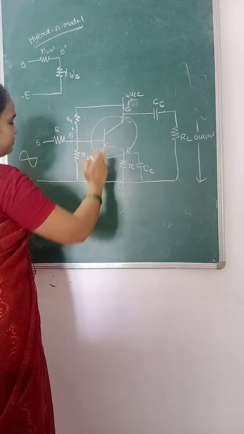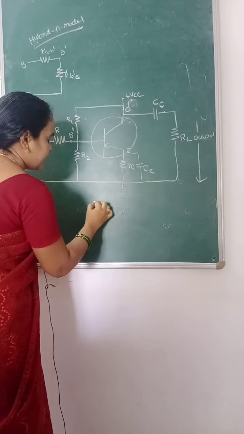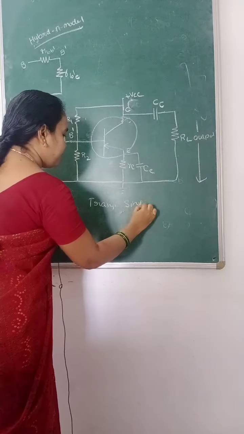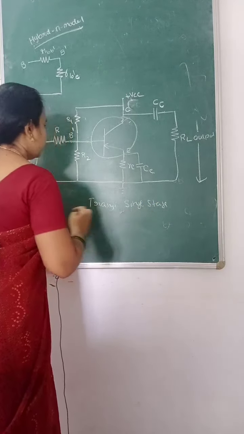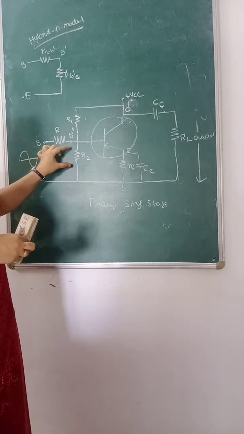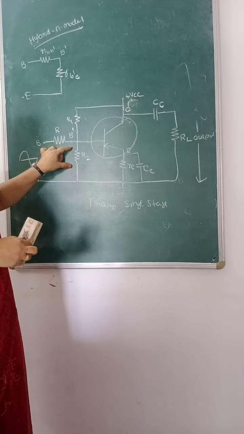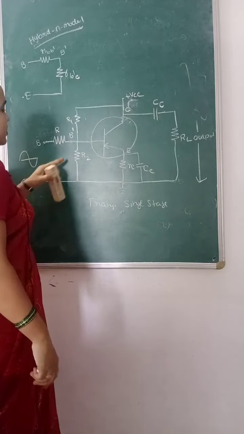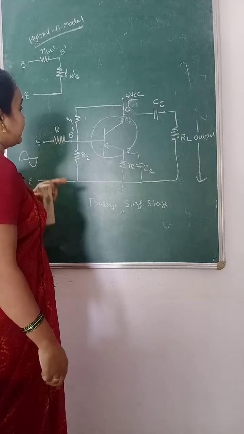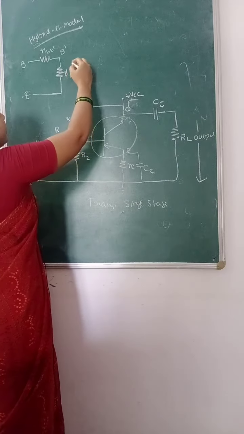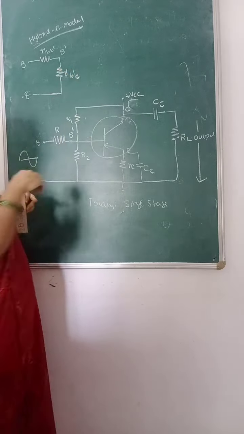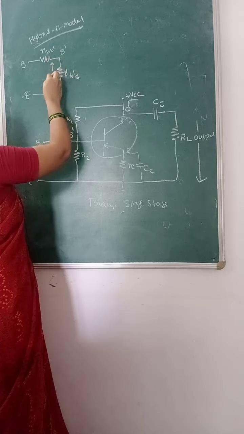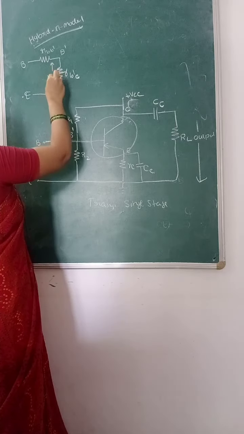So here in this model circuit, this is the transistor configuration of the single stage amplifier. In the hybrid model we will replace this R2 by the resistance called RB dash E. This is the resistance offered by the transistor between the terminals B dash and E. So the voltage across this resistance is VB dash E.